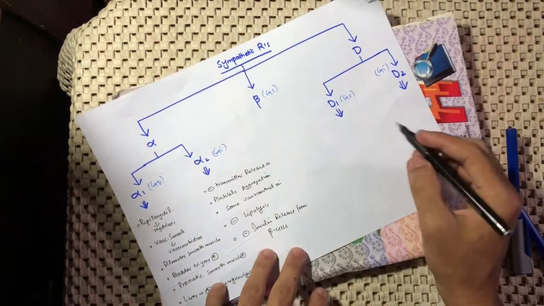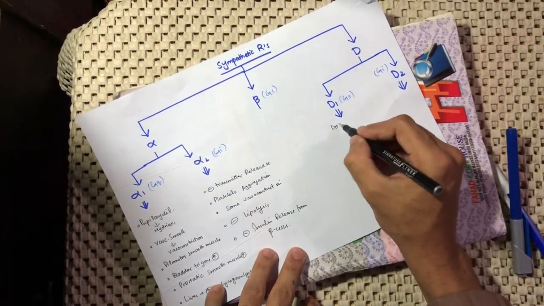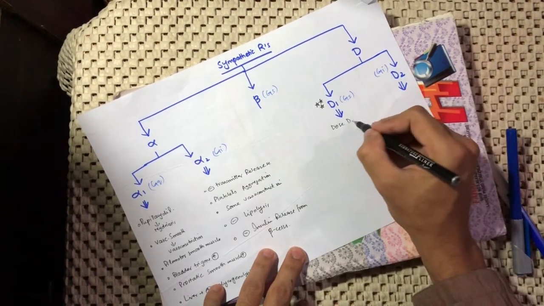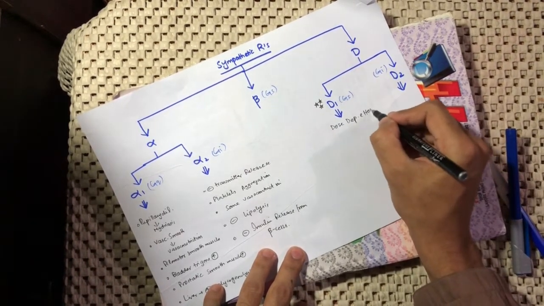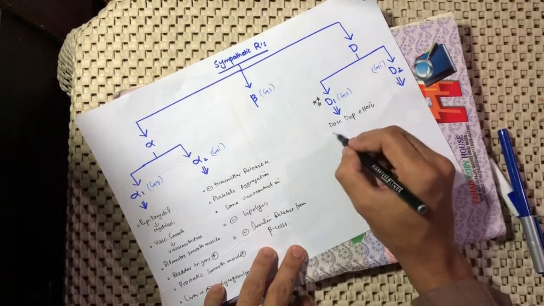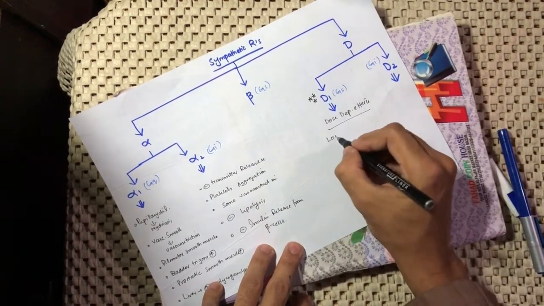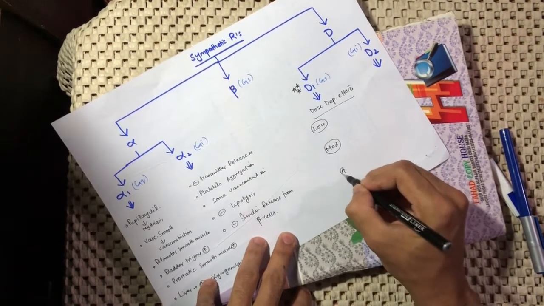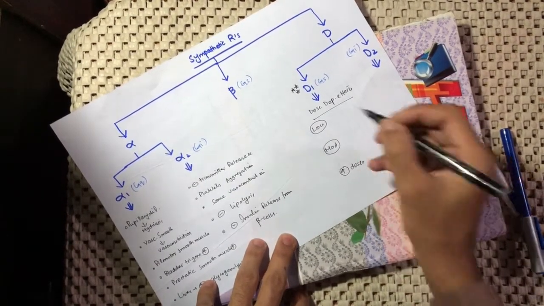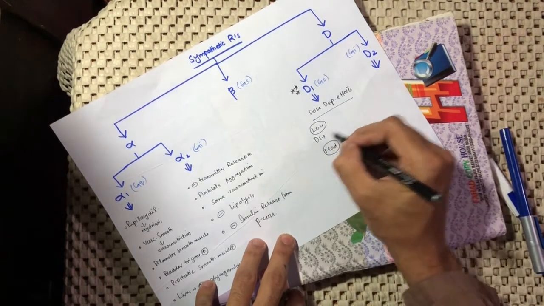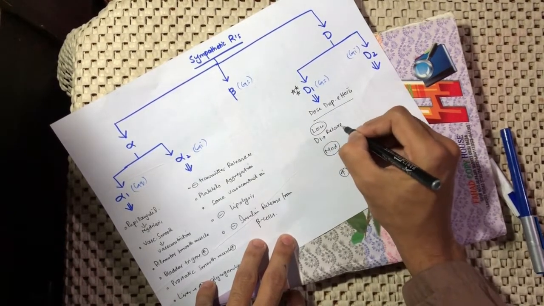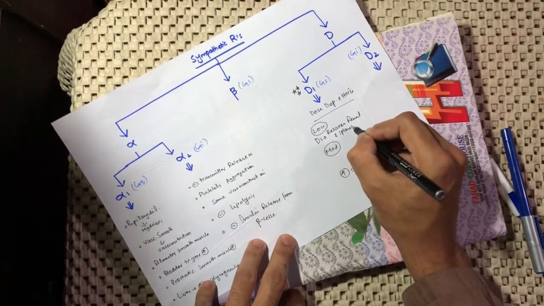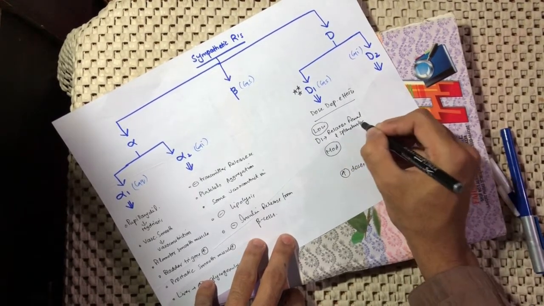Okay, now dopaminergic. The D1 has dose dependent effects. It is one of the most important questions asked by the examiners: the dose dependent effects of the dopamine. First of all, at low doses, at moderate doses, and at high doses. At low doses, it acts on the dopaminergic 1 receptor and it relaxes renal and splanchnic